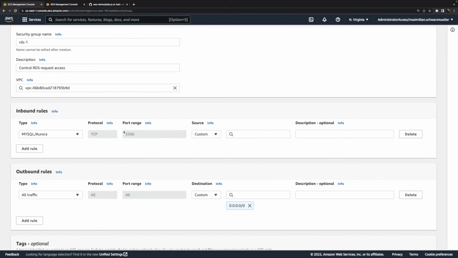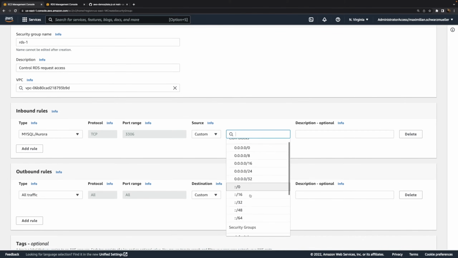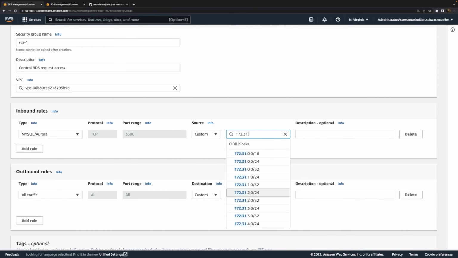So any requests reaching that port should be allowed if they come from a certain source. And the source I want to use here is actually the IP address range of my own VPC into which I launched this database instance. In my case, that's this IP address range. That's the IP address range I assigned to my VPC when I created it. Now, if you use the default VPC, that's not the correct range, then instead it's this range here that should be used if you're using the default VPC.